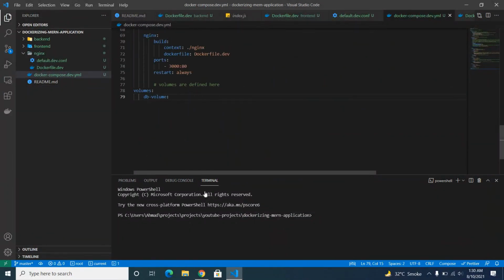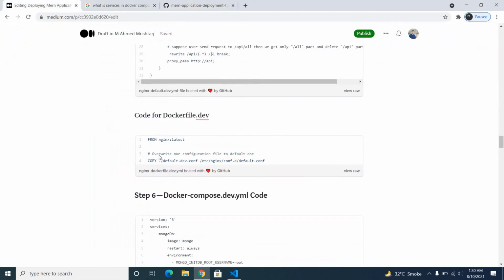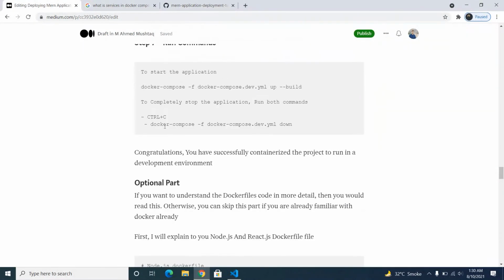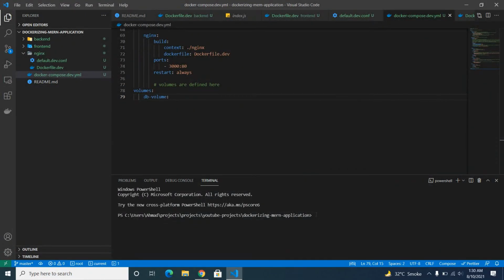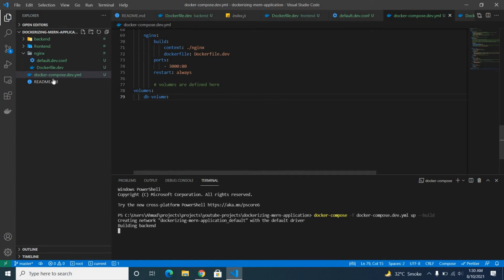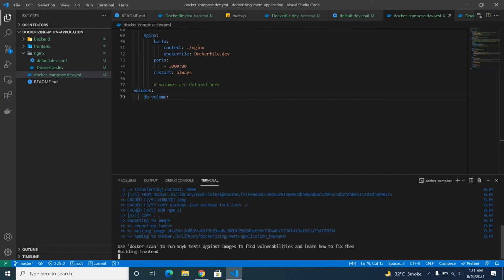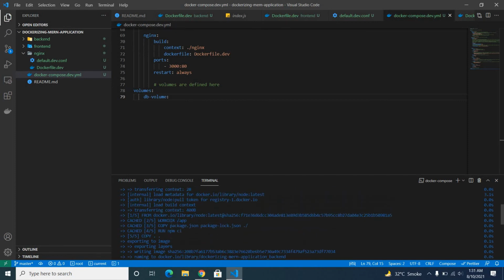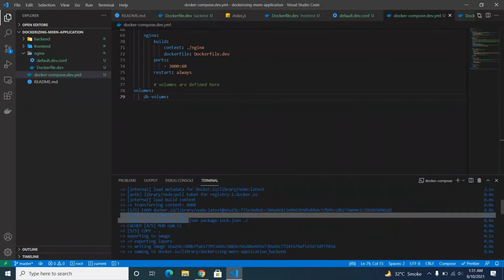Now we need to test whether we set everything correctly or not. In order to test, you can copy these commands, copy this one, and run this one. Actually, my image building will be fast because I have already tested this.